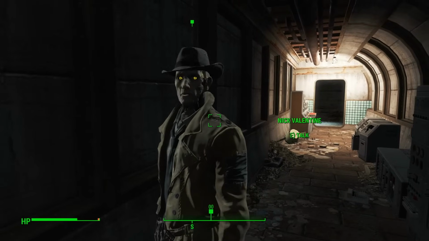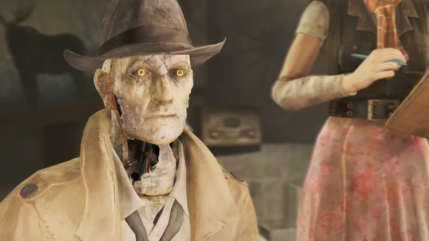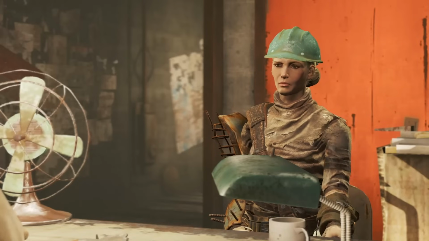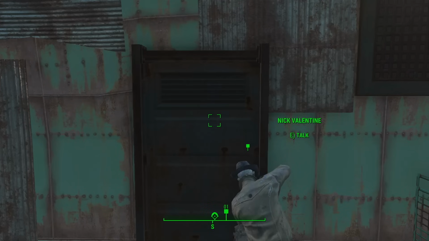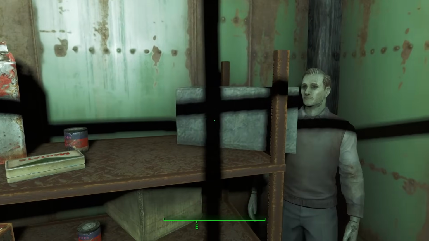I'll jump to the end and tell you that it took a long time to get Nick to kill the remaining triggermen, allowing me to finally progress the story by explaining my situation to Nick in Diamond City. The door to Kellogg's house was locked, so I convinced the mayor to give me the key, looted Kellogg's house,